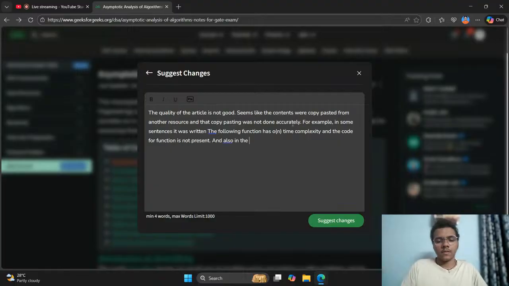And also in the O of log n section, it was told recursive functions have a time complexity of O of log n. It is not true